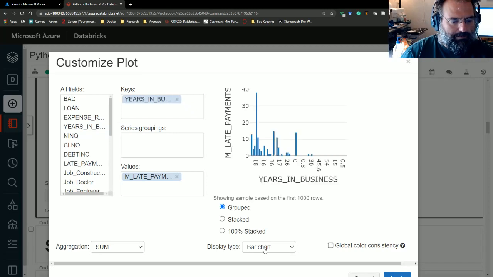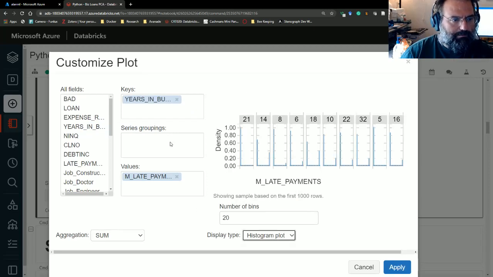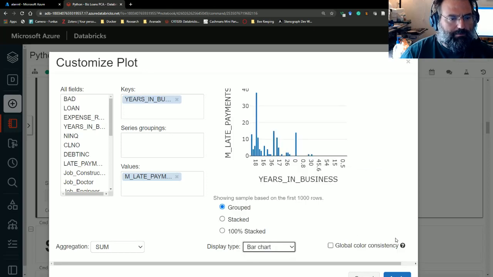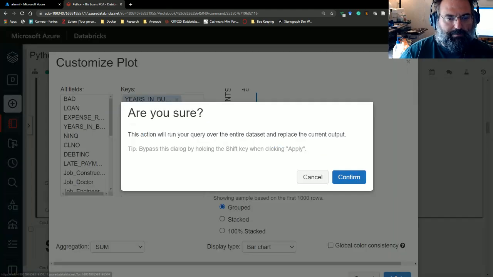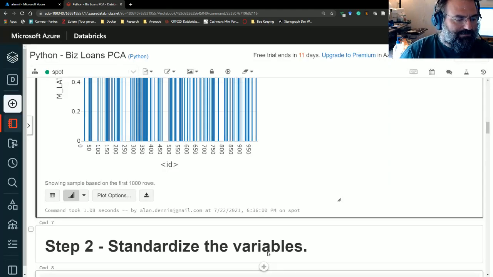So maybe a histogram would be better. Oh, well, that one actually worked, did it? Yeah, it was a bar chart, that kind of works. Here in business, late payments, yeah, that works. So you can see simple analytics. It's not going to put Tableau out of business, but